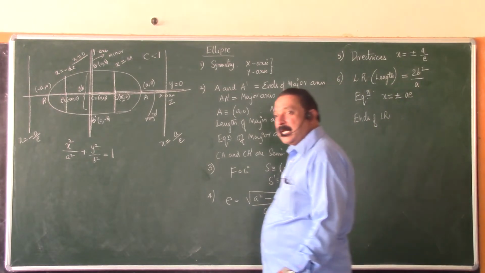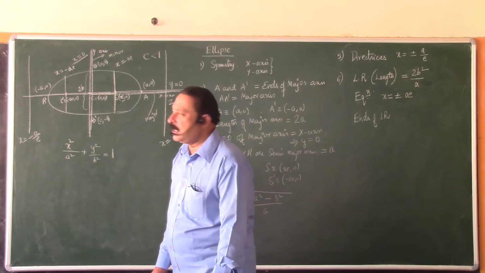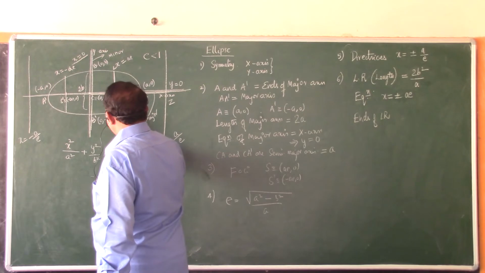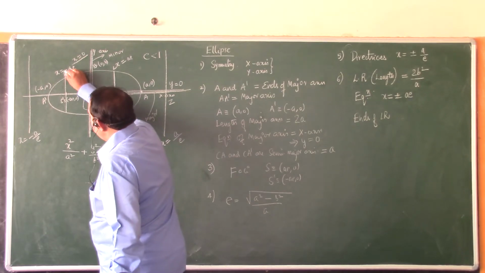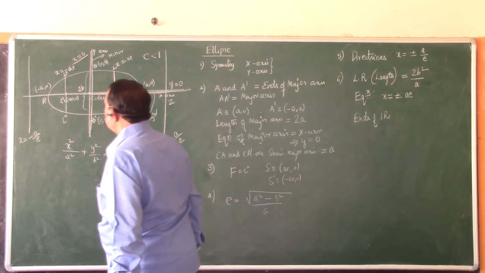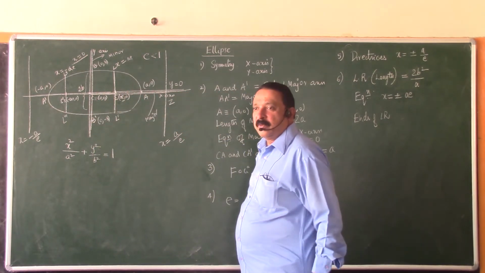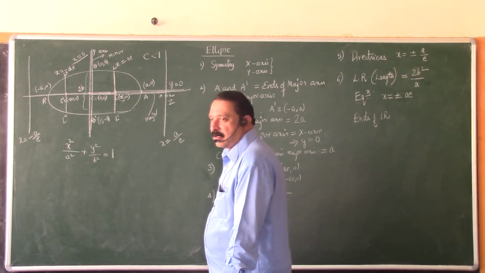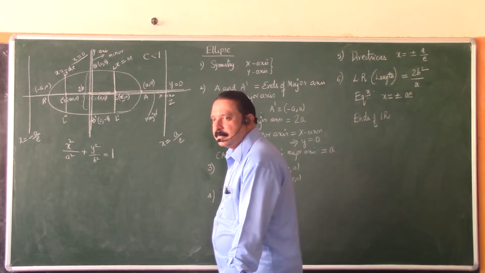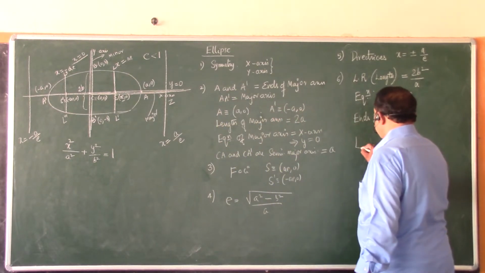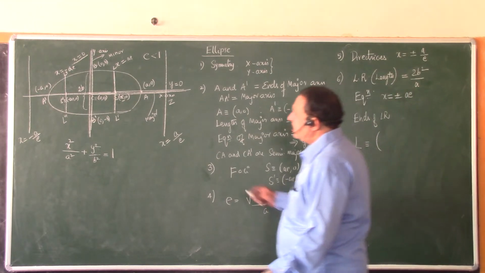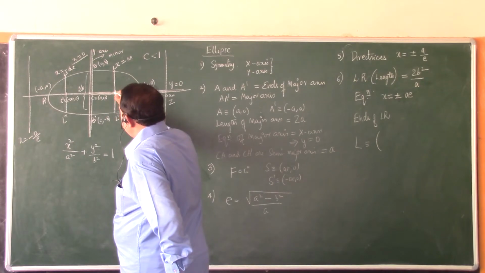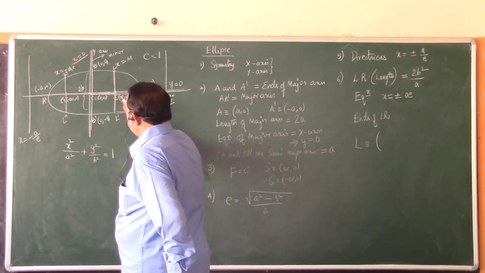Since there are two latera recta, the plural form of latus rectum being latera recta, we can mark the points as L, L dash, and this is L2 dash, L3 dash. So 4 points, 4 coordinates will give the 4 ends of the 2 latera recta. Okay, now first let me write L. Now if you want to find the coordinates of L, along the x-axis how much distance should I travel from here to here? ae.